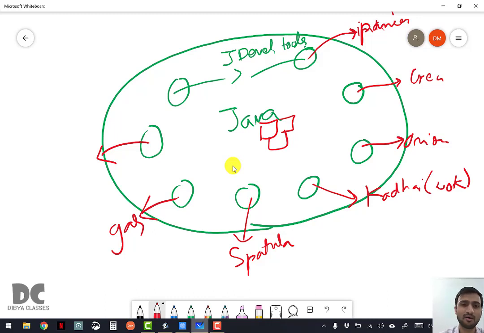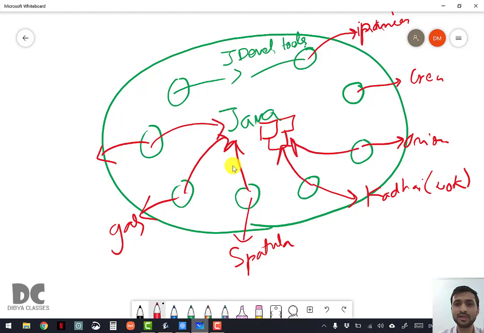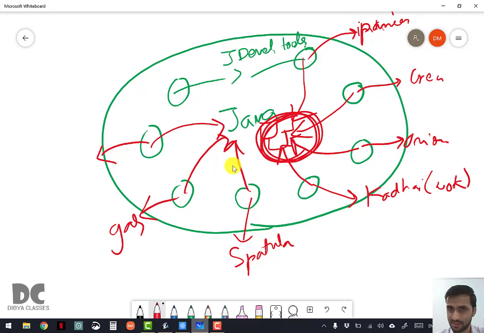So all these tools will help you to create together. All these tools together, not only one. You cannot use only kadhai. You need paneer and other ingredients also, right? All these tools will help you to create paneer butter masala. Not all the tools that are present in Java development, few of the tools, not everything, because